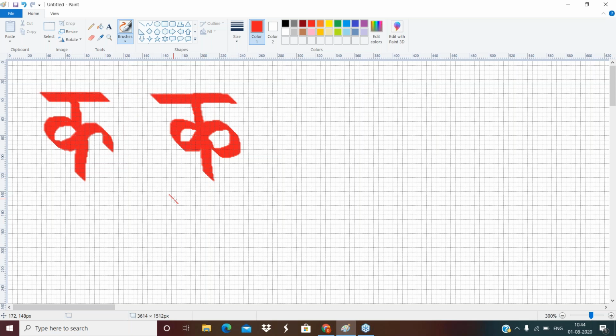In Marathi also this ka is drawn in a similar way. If I draw that once again, you take a Shirolekha, and then you see this distance here and the distance here, they are almost symmetric. That is what students should be careful about.